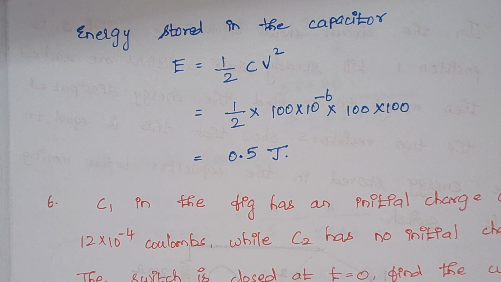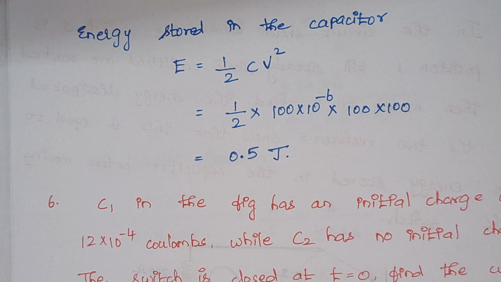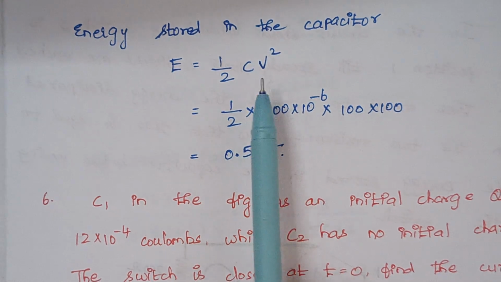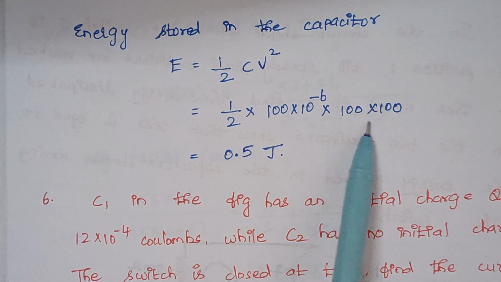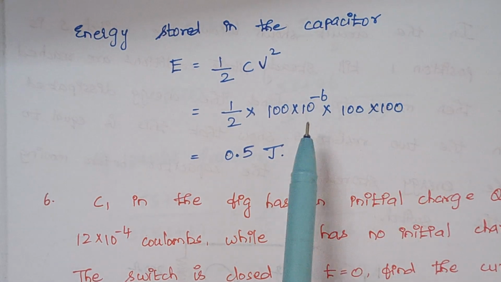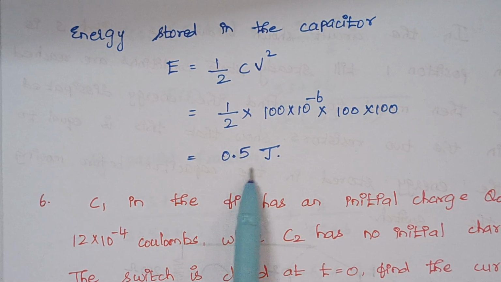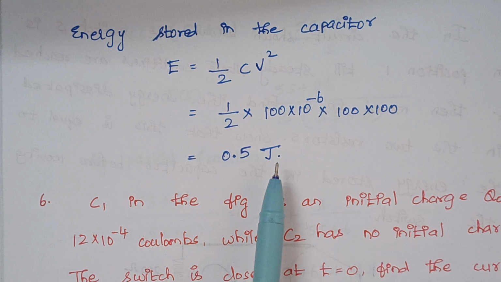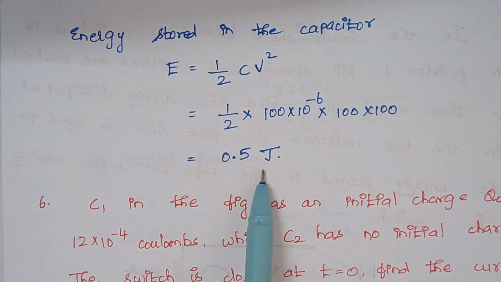Now we are going to calculate the energy stored in the capacitor. The energy stored in the capacitor is given by the basic formula, half C V squared. Here the value of C is 100 microfarad and the value of V is 100 volt, right? So just substitute the values and you see finally we are getting the same answer, 0.5 joules. So the energy dissipated by the resistor is 0.5 joules and the energy stored in the capacitor is 0.5